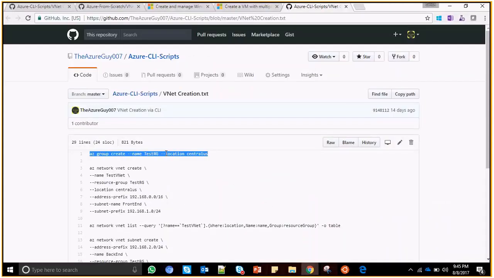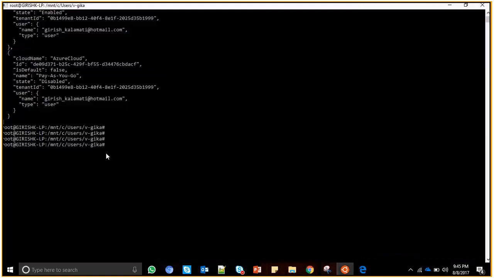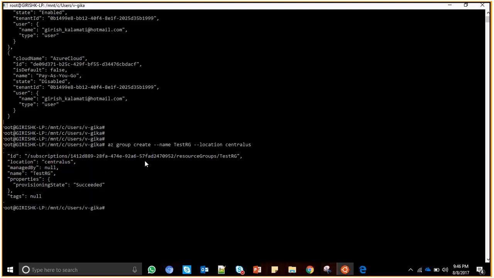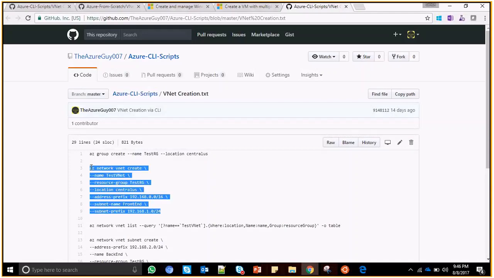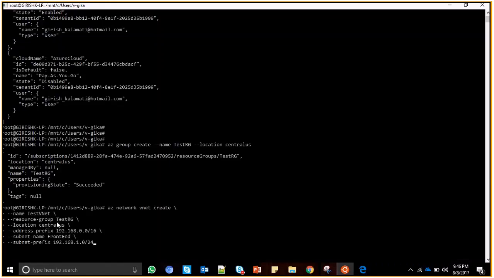These CLI commands are a little bit different than any PowerShell script. You can get a better understanding with this: az group is for resource group. They have shortcut names in CLI scripts. So I have the script, and it says that I have created a resource group, and now I'm creating a